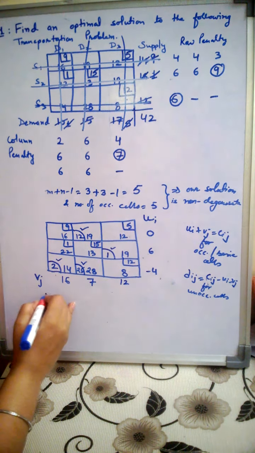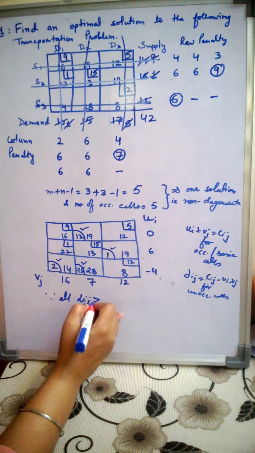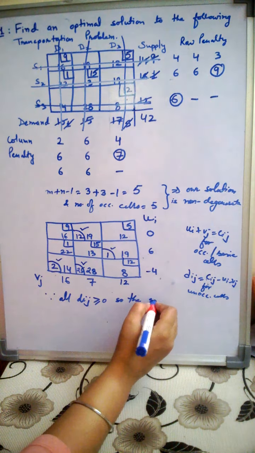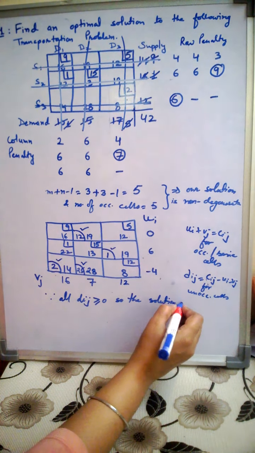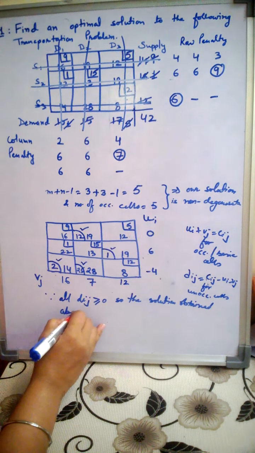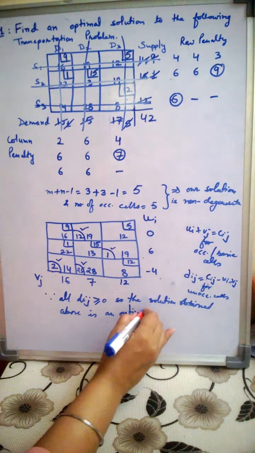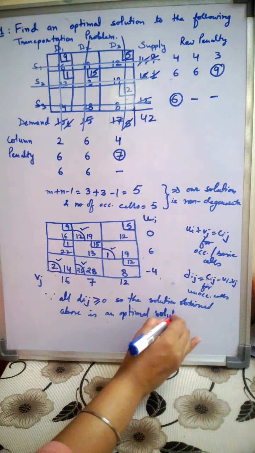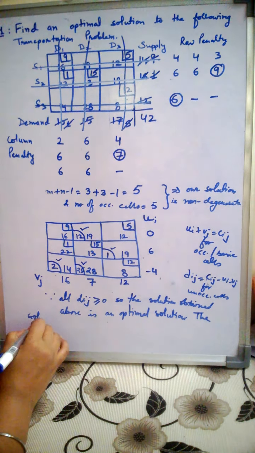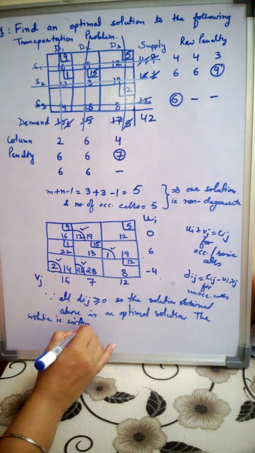So you'll write down here, since all dij's are greater than or equal to 0, the solution obtained above is an optimal solution. The solution is written as,